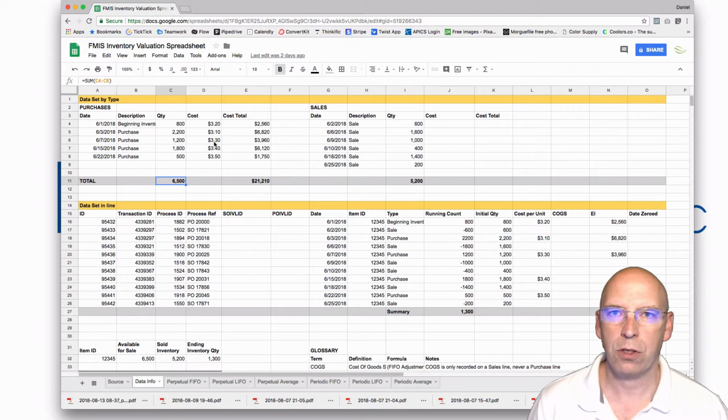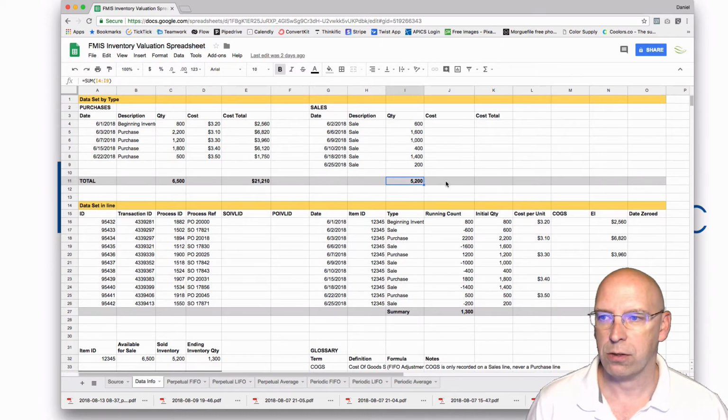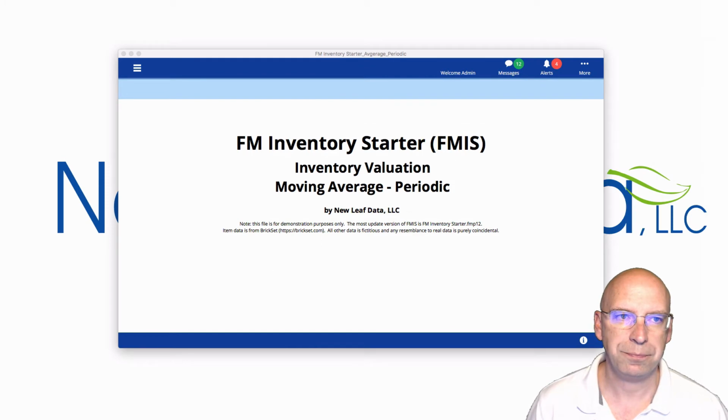Once we have that average cost number, then we could go to this aggregate, which is a summation of this quantity, and we can multiply this aggregate by that average cost. I'm going to move this off to the side,